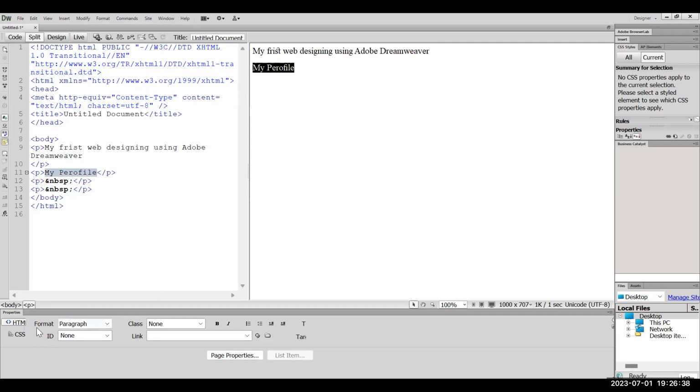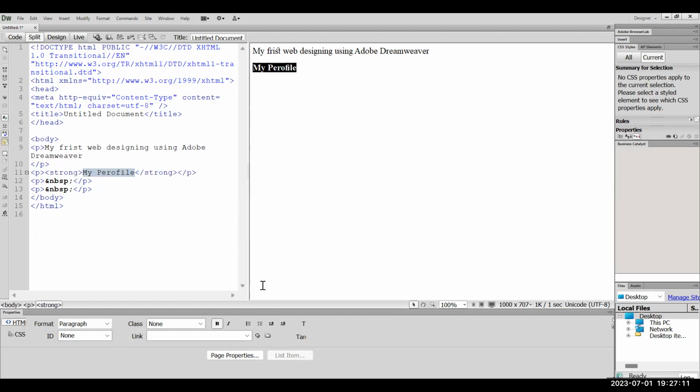So here you will get the HTML properties at the bottom area of the screen. What are the properties? That means for each and every tag, or sometimes when you get a table, some links or whatever, depending on the element you are getting here, Dreamweaver will automatically understand it. Then it will give you some properties here. So you can change it. For example, I want to make it as